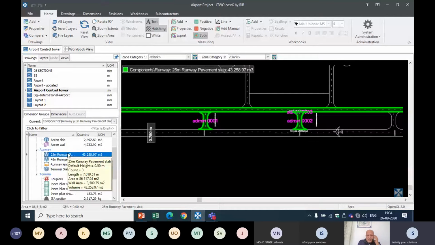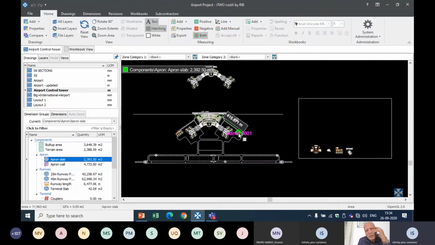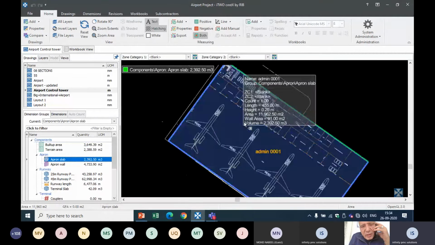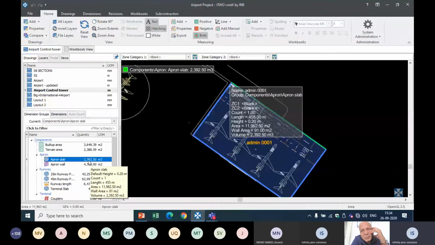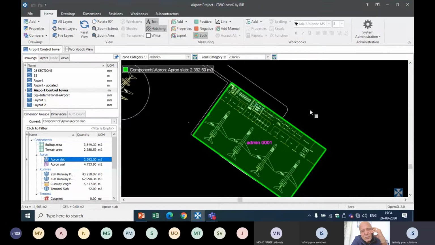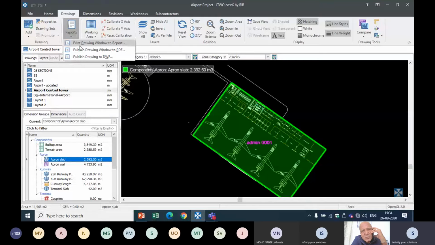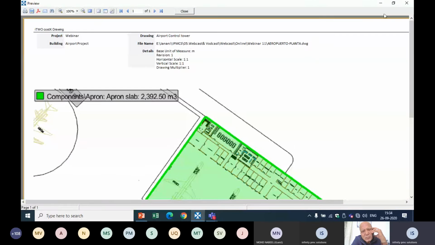And again, in terms of communication, let me take a quantity which I have calculated. Say I want to communicate to a team member, or with the site execution team. I just want to convey that this 2392 quantity is for this particular slab, right? Instead of mentioning it in a separate drawing or communicating by mail, you can prepare a drawing report instantly in Costex, and share this as a PDF with the corresponding team member. So this is drawing communication.